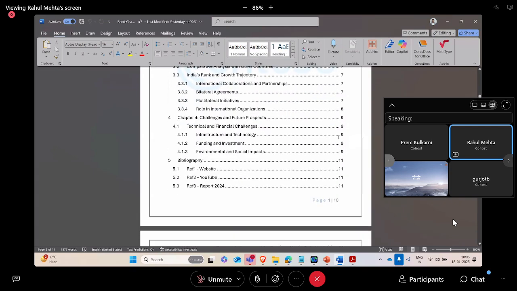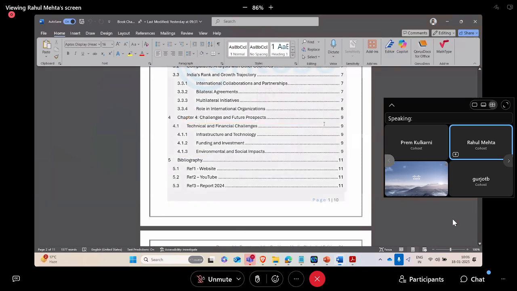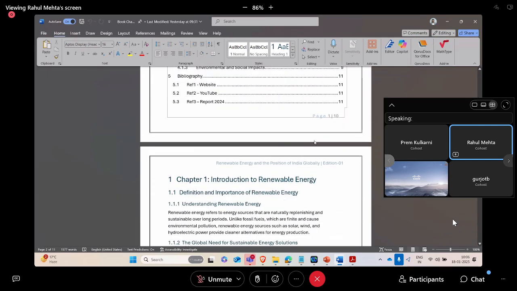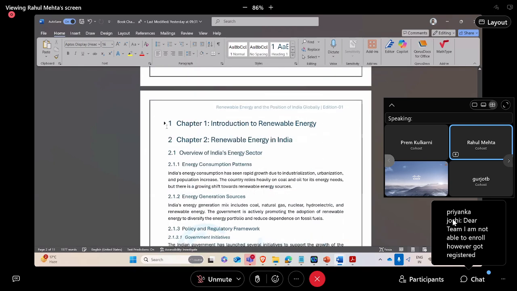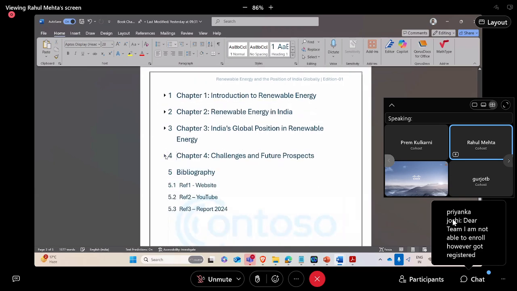Page number, if you see here very carefully, even your index or table of contents is up to level 3. So if something is there in chapter 4, 4.1, 4.1.1, 1.2 and 1.3 is also mentioned along with the page numbers. That's not more than 10 to 20 seconds it will take to understand how I did it. If you see here, I kept each and every chapter very carefully,